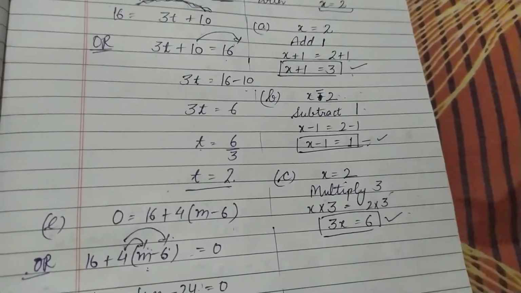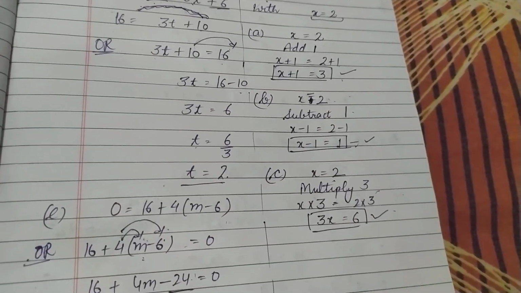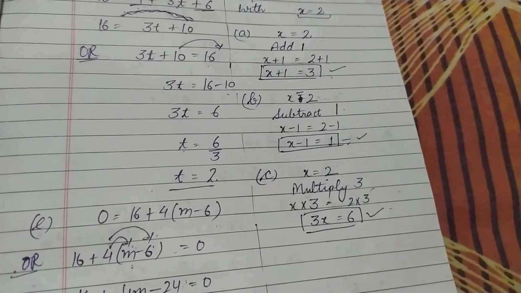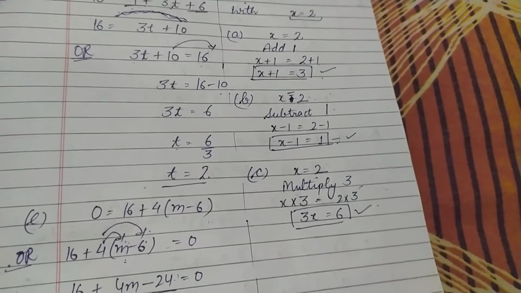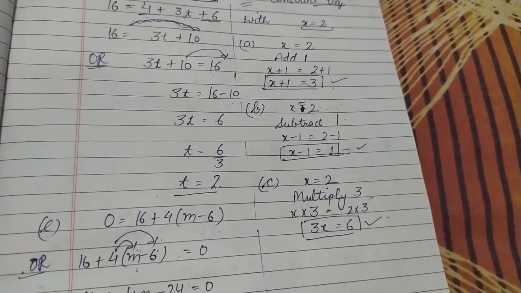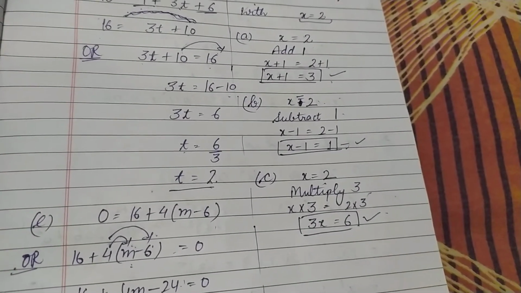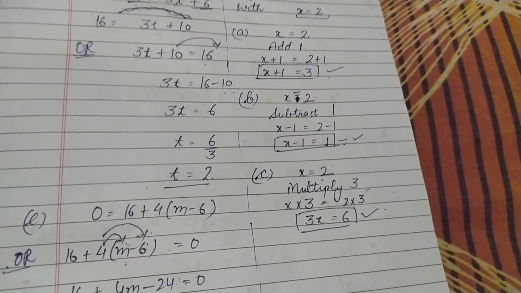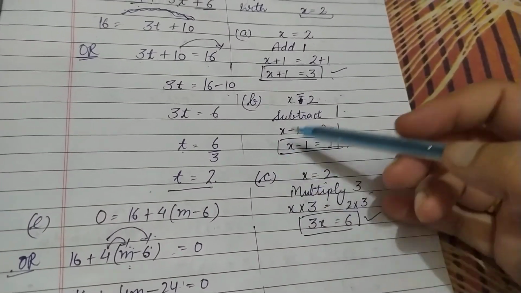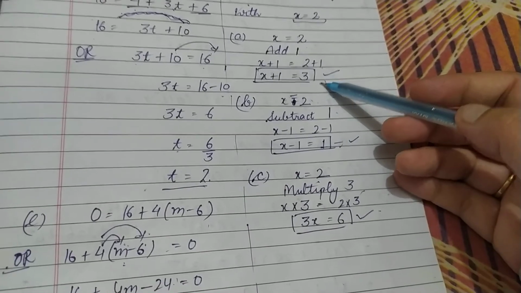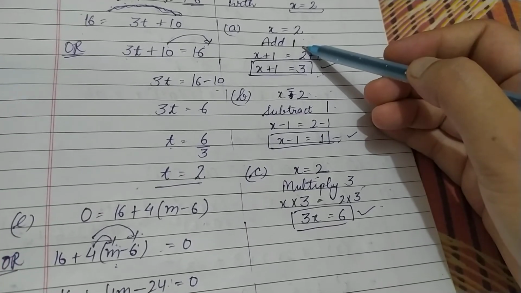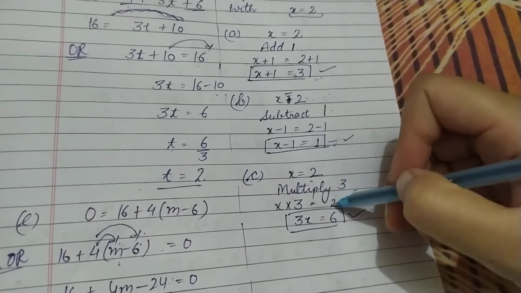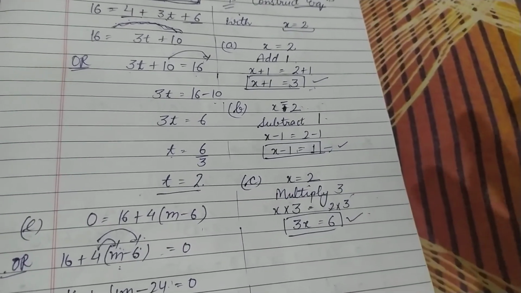Now in this question, it's your wish what you want to do. You want to add something, subtract something, multiply, divide. But you need to remember, whatever you are going to do, you need to do to both sides, so that you get an expression on the left side or right side, and that will give you an equation. Fine. It is very easy. Don't take any burden over here. I have added 1, you can add 5, you can add 6. You can make 3 equations by adding only. Add 1 here, add 2 here, add 3 here. That also will be your 3 equations.